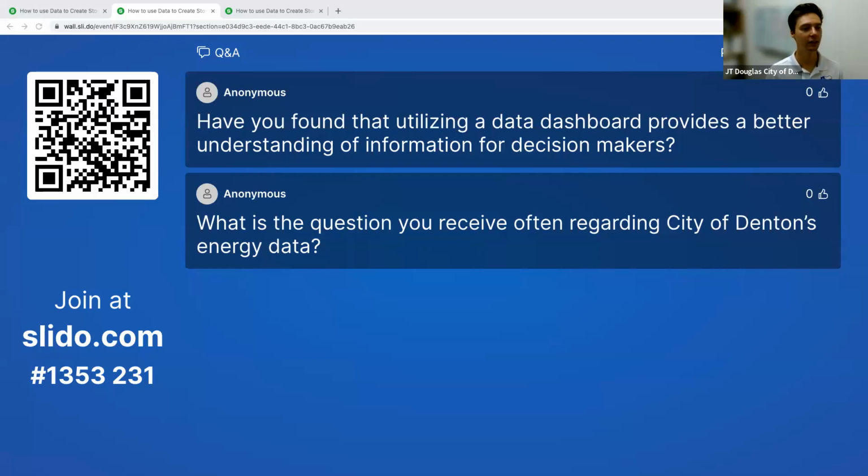We can see building function, just like if you work with Energy Star Portfolio Manager, you can see what that building's use is and how it compares to other buildings of that use. We can do all of that same kind of stuff and have it accessible internally to everybody. And so when we're comparing fire stations and libraries to each other, it helps us prioritize some of the actions for that, for sure.